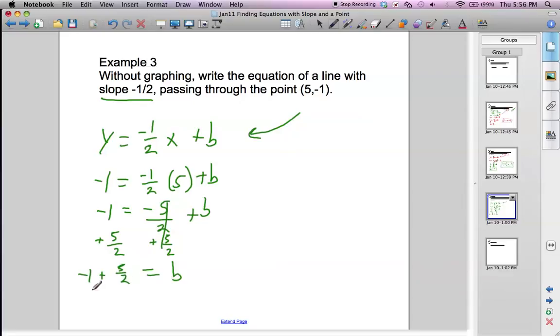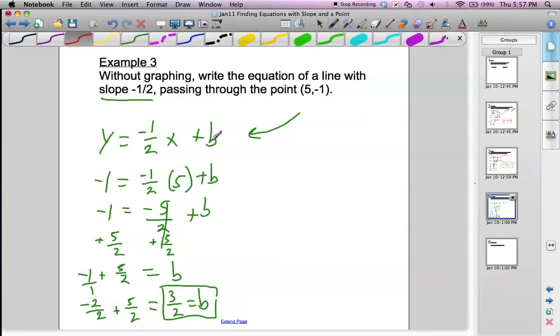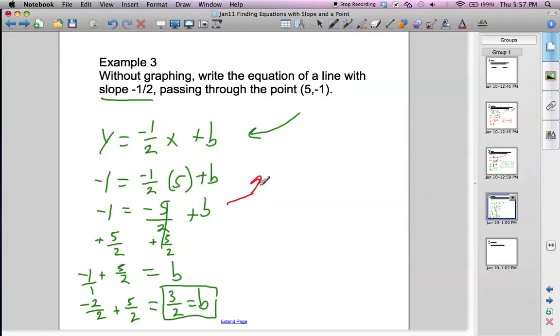You have to remember how to add whole numbers and fractions, or integers and fractions. So we need a common denominator. So we're going to write this as -2/2 + 5/2 = 3/2, and that equals b. So there, b = 3/2. Alternatively, let me do this a different way. From this point, where I had -1 = -5/2 + b, it might be easier